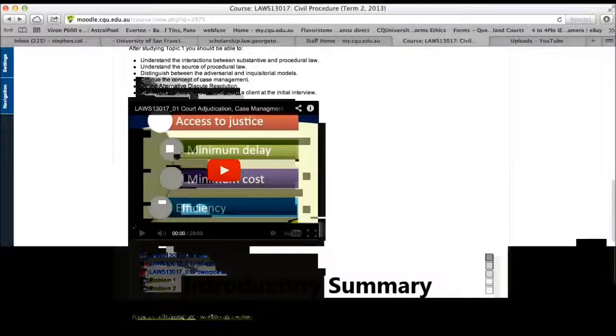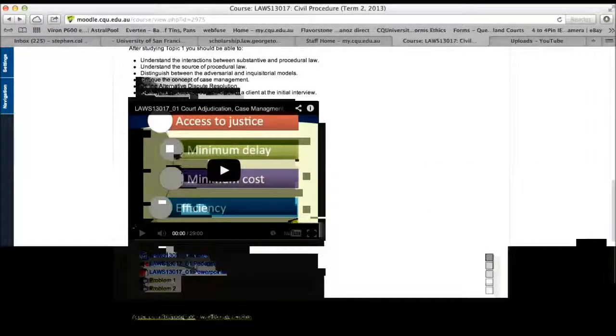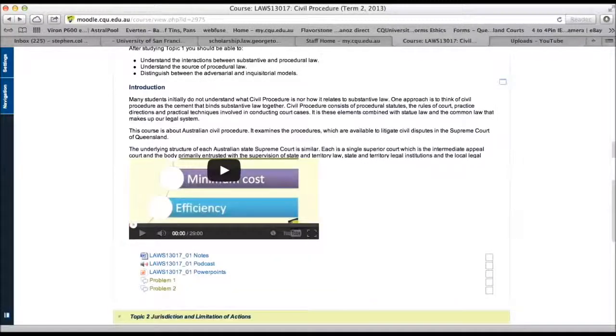Then there is a Camtasia film. This is not intended to be a replacement for a lecture. This is just a summary of the key issues for this week's work. This one's quite long. It's sitting at 29 minutes. Hopefully we'd aim to have something between 10 and 20 minutes maximum. Even 10 minutes probably should be the maximum, but anyway, this was done in Camtasia, built around PowerPoint slides with